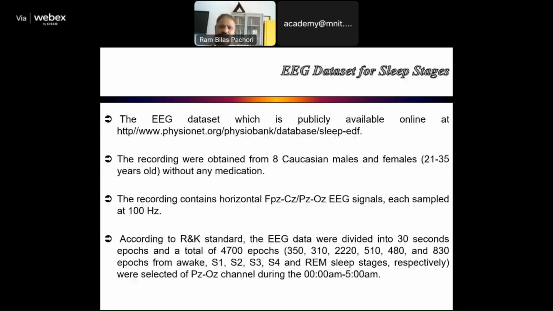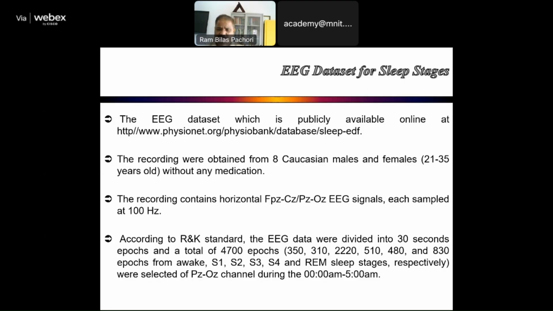EEG database for sleep stages. The EEG dataset, which is publicly available online at the PhysioNet site, is used for this study. The recordings are obtained from 8 males and females whose age varies from 21 to 35 years old, without any medication. The recording contains horizontal EEG signals sampled at 100 Hz, and according to the R&K standard, the EEG